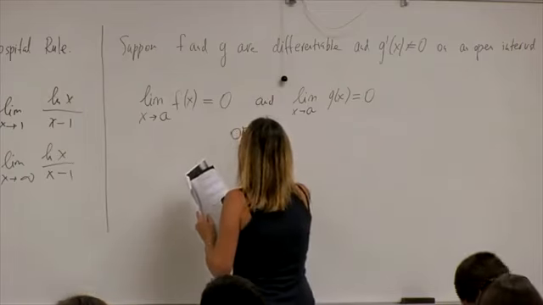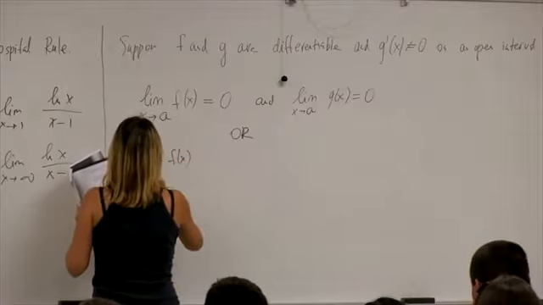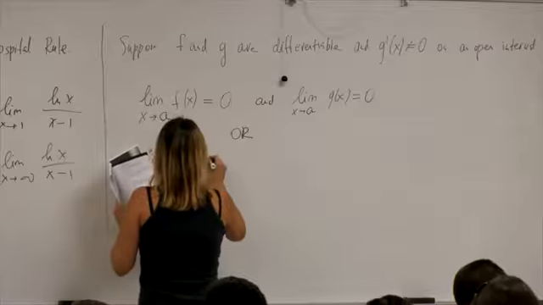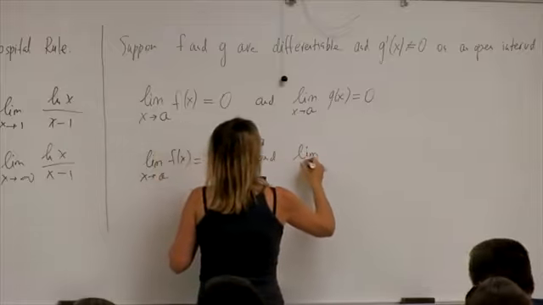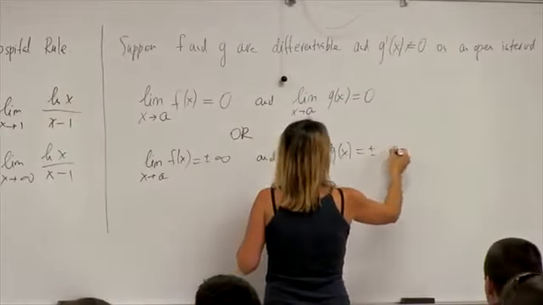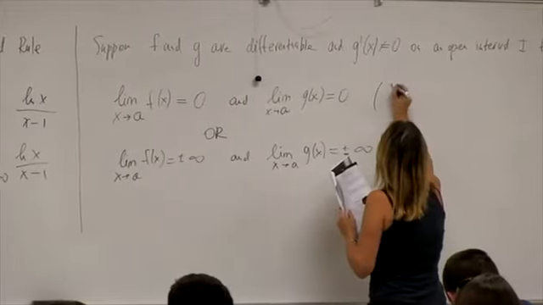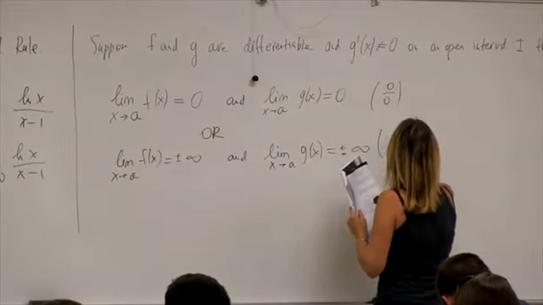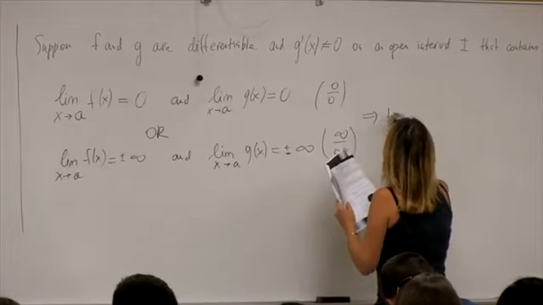Or the limit of f is plus or minus infinity, and the limit of g is also plus or minus infinity. So this one gives me 0 over 0. This gives me infinity over infinity indeterminate form. Then